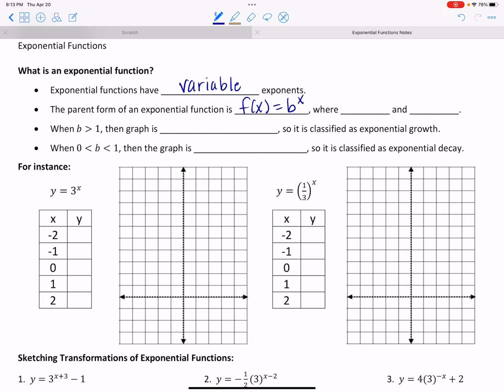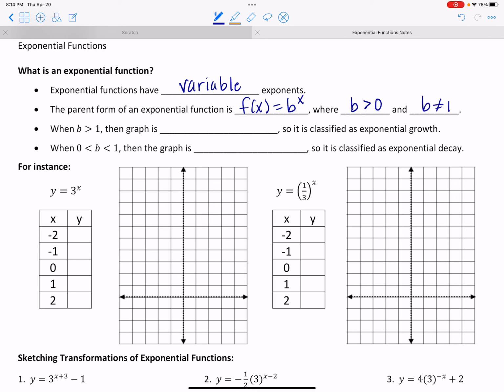Now, there are a couple of restrictions for the base. I know we've talked about these, but our base has to be bigger than 0. Greater than 0, definitely can't be equal to 0, and bigger than 0. If we see a negative, which would be the numbers obviously less than 0, the negative is just considered a transformation. So we want the base to be bigger than 0, and we also cannot let that base equal 1,